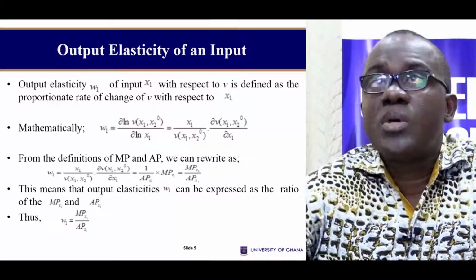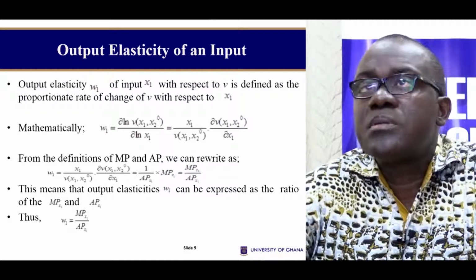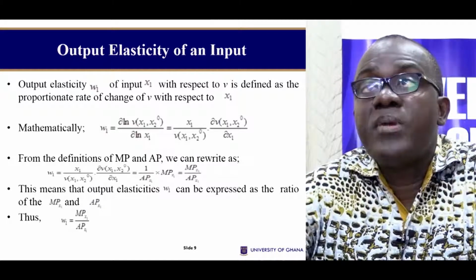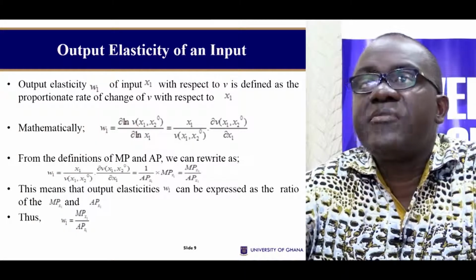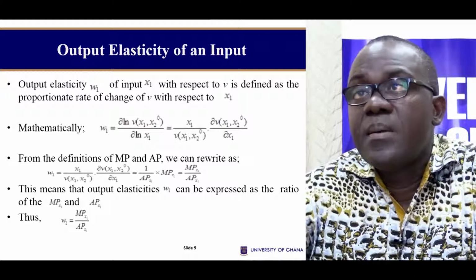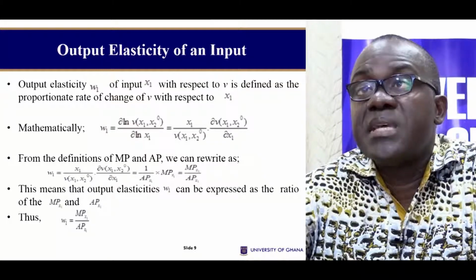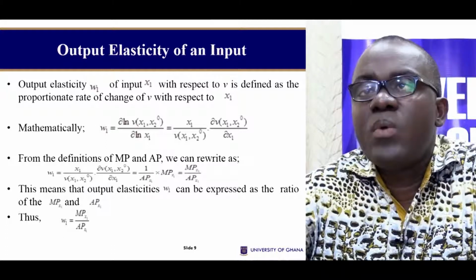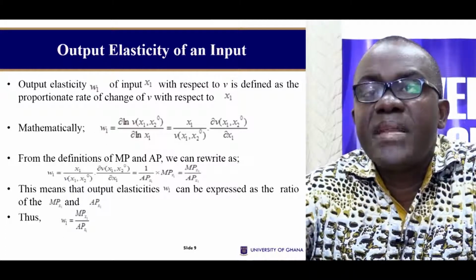Now, we also talk about the output elasticity of input. The output elasticity of input, which I will denote by wi, of input x1, with respect to our function, is defined as the proportionate rate of change of y with respect to xi. Mathematically, what it means is that we have to take the differential of the natural log of these functions, and this gives us the relation we have over here. When we reorganize this equation, we get the output elasticity to be equal to the marginal product divided by the